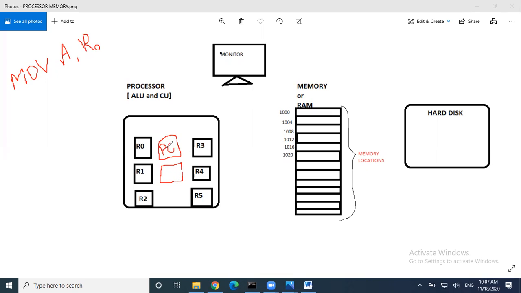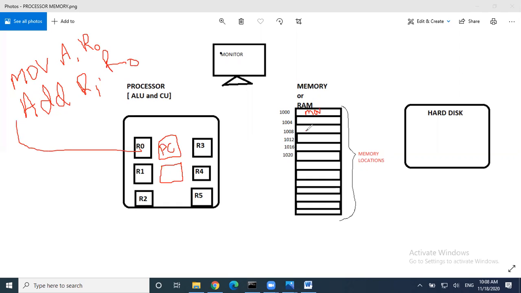So this PC holds the address of the next execution instruction. Suppose my next instruction is this one. While executing move A comma R, the PC holds the next instruction address, meaning this address. Suppose your move is here